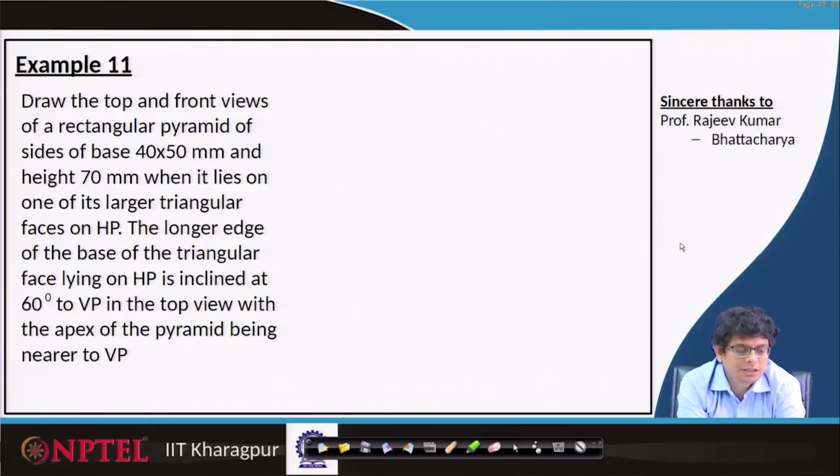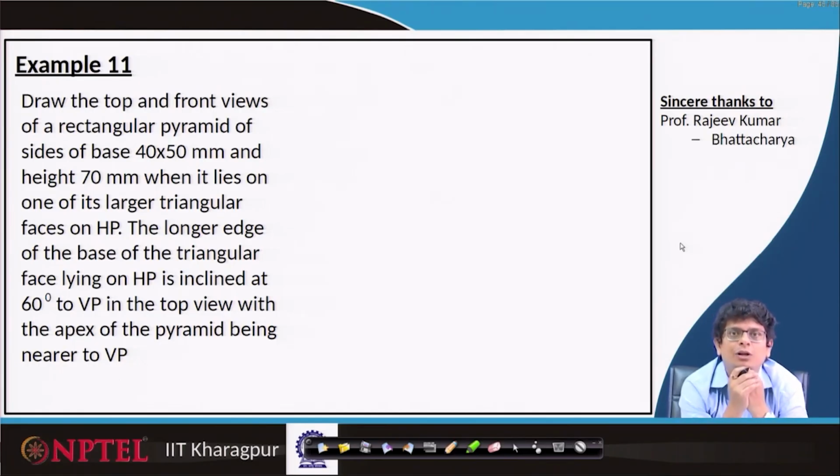Further, the longer edge of the base of the triangular face lying on the horizontal plane is inclined at 60 degrees to the vertical plane, visible in the top view, with the apex of the pyramid being near to the vertical plane. So, when we are constructing this, first of all, based on the conditions, we have to visualize